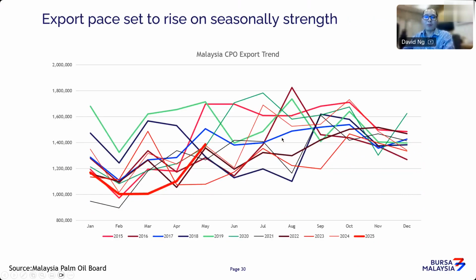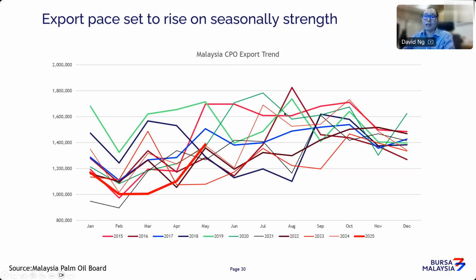Now, this is export. Now, you look at production, it's quite clear. Now, when it comes to export, not so clear. There's always, I think, middle of the season, a particular month where it's strong, especially June, July. But I think one thing to note, because India and China are very big buyers, once you approach the later part of the season, you notice there's usually a slight uptick in prices. That usually means demand for palm oil, usually before the Deepawali season.